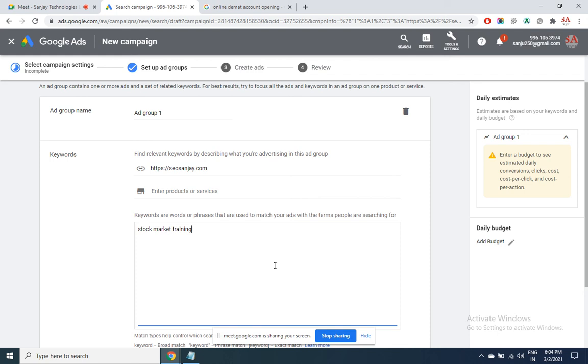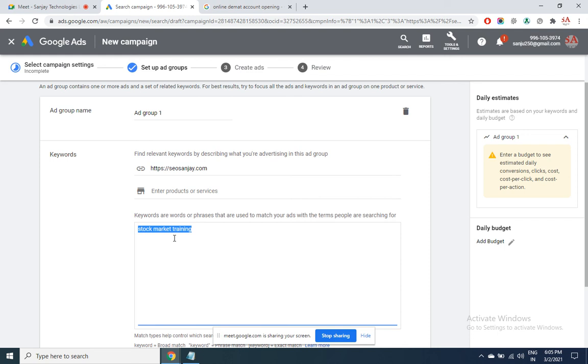If the keyword is given in this fashion, it can be the biggest blunder that you could make. Someone is searching for stock market trading, the ad will be shown, no doubt about it. Someone is searching only for stock market, then also the ad will be shown, because part of the keyword is matching. Stock market is part of this entire keyword that you have stated, so the ad will still be displayed. This is the default keyword modifier, the plain keyword modifier. The ad gets displayed for the entire set, even for the split, even for the meaning of it.